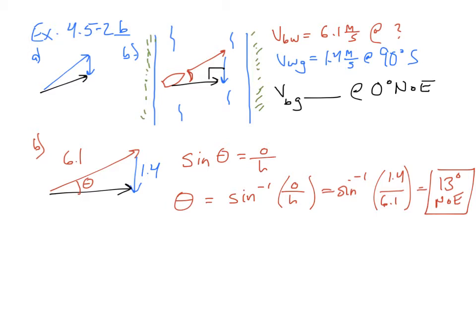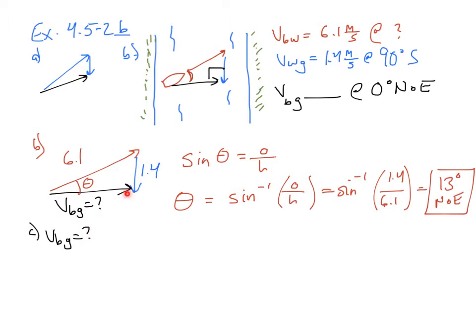The last part should actually be fairly simple as well, because, let's do this in black. What we're asked is, what is the velocity of the boat with respect to the ground? All right, we know the direction is, well, straight across the river, so we can assume the direction is 0 degrees north of east, or just 0 degrees due east. But what is that velocity of the boat to the ground right there? Well, that should be pretty easy too, because we know the magnitude of the vectors that add up to that